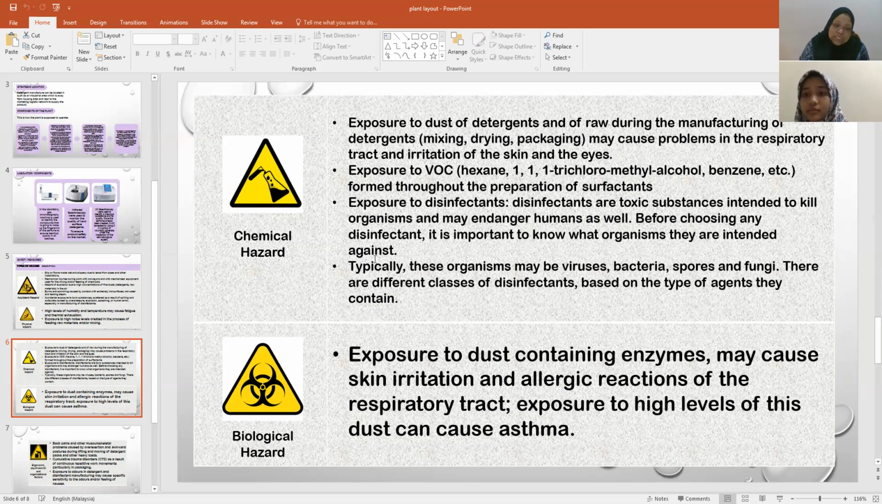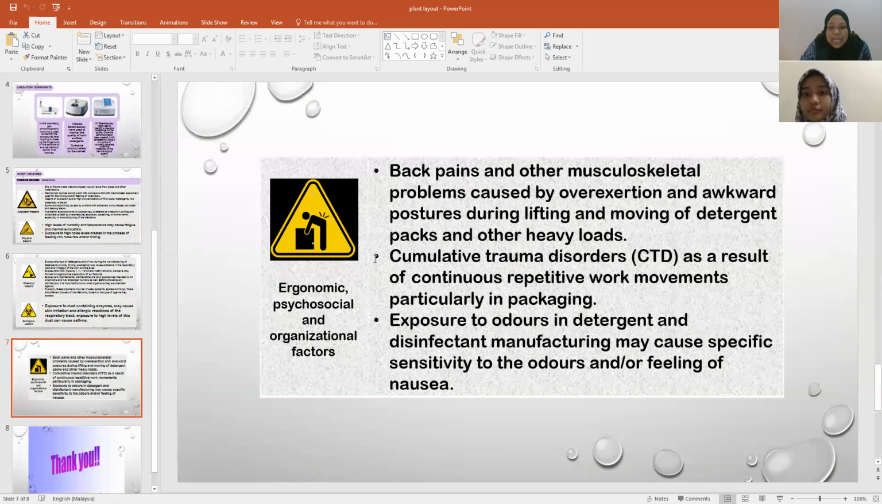Next, we have biological hazard. An example of biological hazard is exposure to dust containing enzyme, which may cause skin irritation and allergic reaction of the respiratory tract. Exposure to high level of this dust can cause asthma. And last but not least,